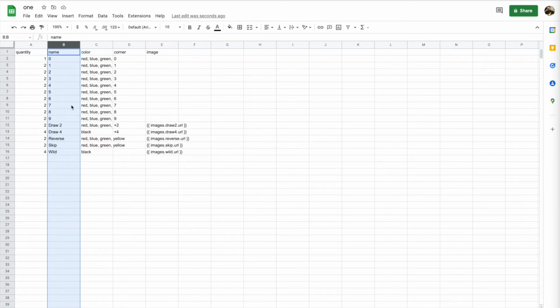That's very important. Otherwise, things like, in this case, we've got a number 0. That would come across as literal 0, which means it wouldn't even show up when it gets exported here. So it's very important that that is set to plain text. The other thing we want to do, and you may want to do that with your other columns as well, if you have 0 values and things like that in them,